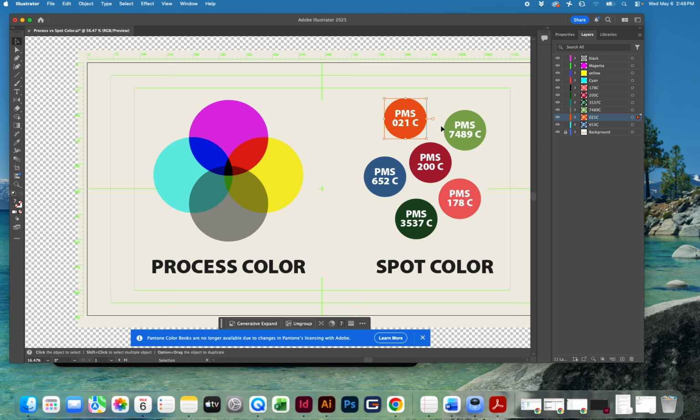Scroll up to the very top, and oh, it's already on the